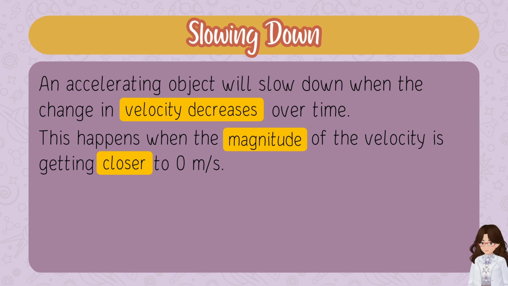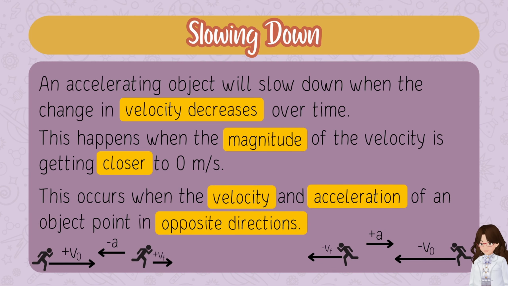Again, because velocity is a vector, the sign just tells us the direction of motion, not how fast the object is moving. We have to look at the magnitude to tell us how fast. So this occurs when the velocity and acceleration of an object point in opposite directions, meaning they're going to subtract from each other. So in our first case on the left, you can see we have a big positive initial